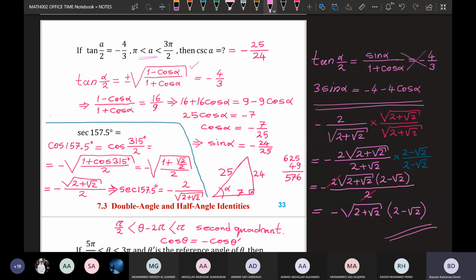This was exam question, of course. So in case they want you to simplify it, Shabab, you know, you need to